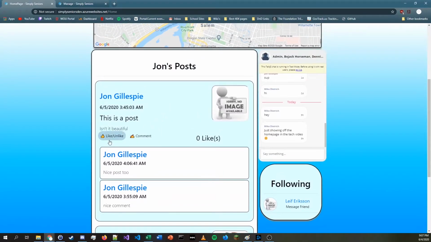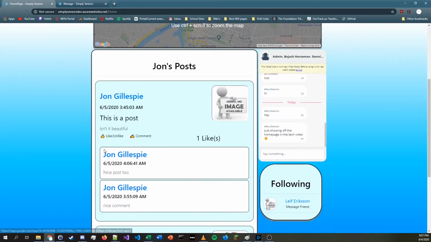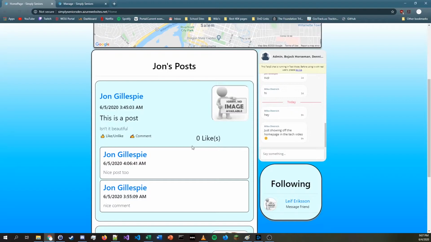Another functionality of post is our like functionality. If you press like and wait for it to load, it will increase the number, and if you click it again, it will decrease the amount. This uses another thing similar to the comments in that there's a list of who has liked